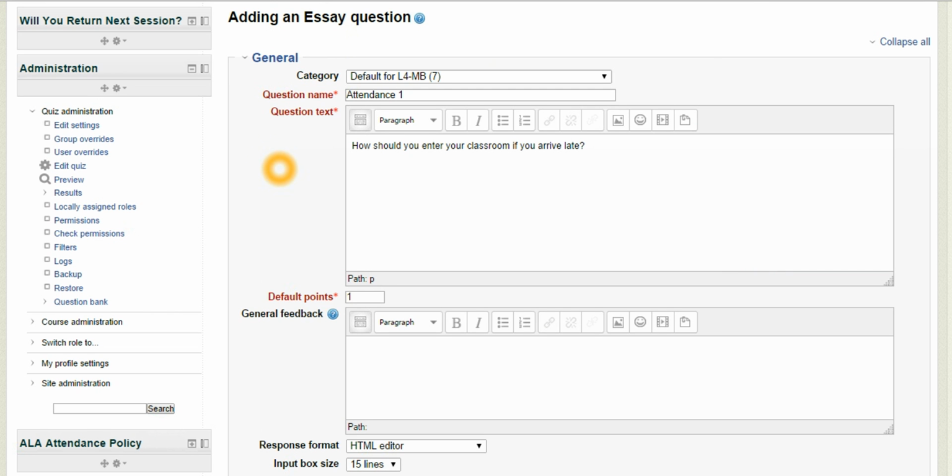Once I add my essay question, I need to give it a name and to actually write the text of the question. Question name is something that you will use if you want to find this question later in the question bank. So it's important to give it a name that has some significance. In other words, it's best not to name a question just number 1. If you wanted to use it later or in a different class, you would not be able to find the question you were looking for. So give it some sort of title and some sort of ordering, like attendance 1. Enter the question text,